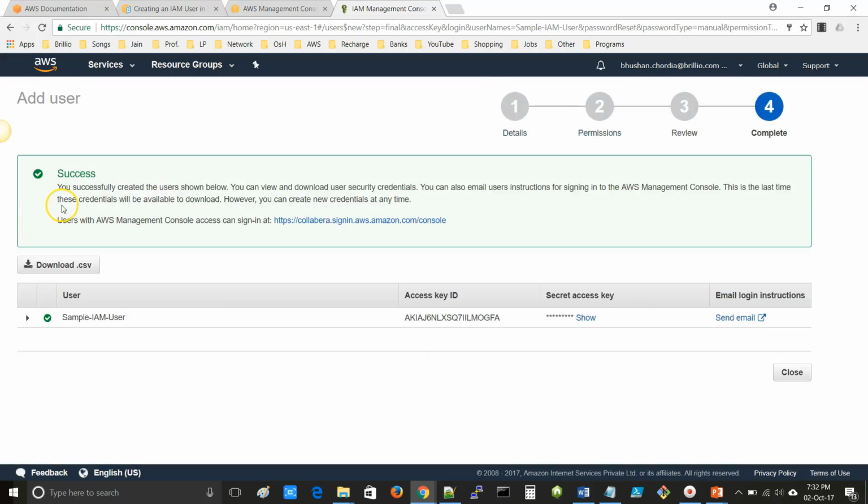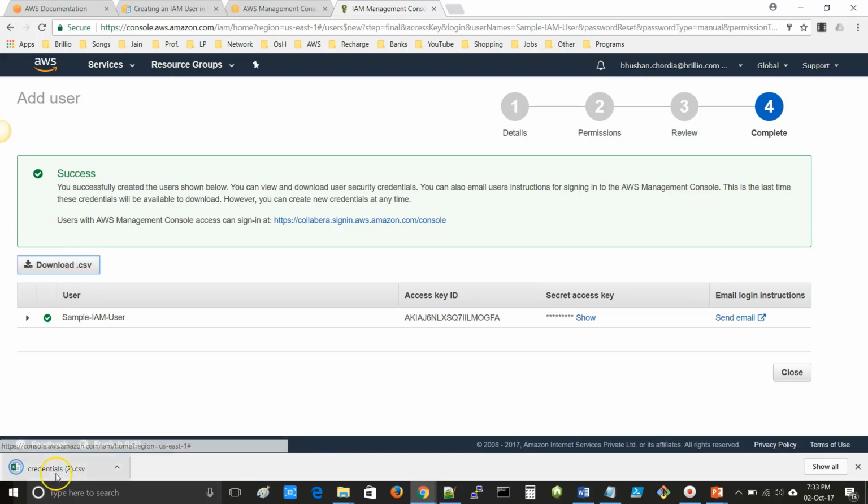Here you can see that the IAM user is created successfully and you can view and download the user credentials from a .csv file. So click on the .csv file. Here you can see that the credentials.csv file is downloaded, and you can see the access key ID and secret access key.